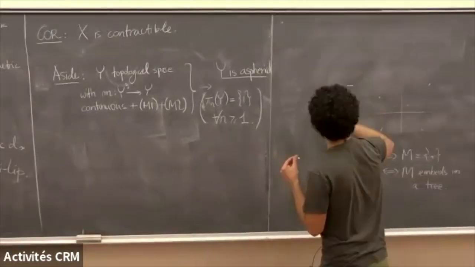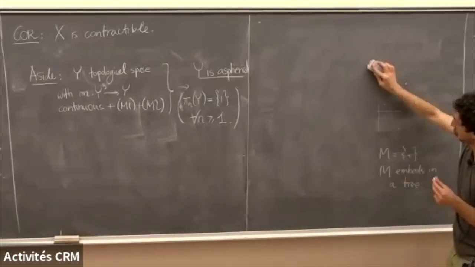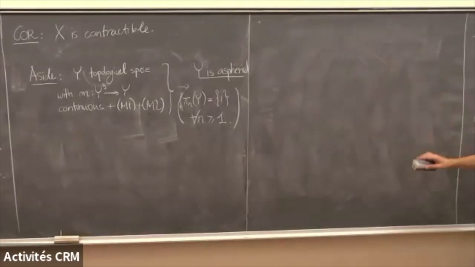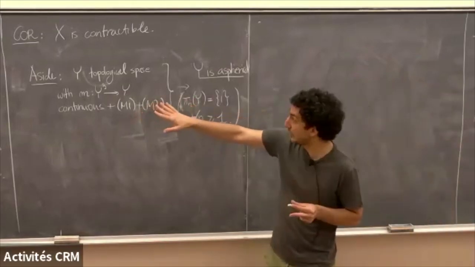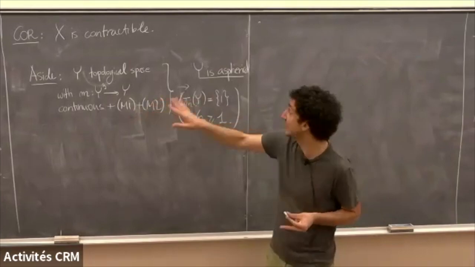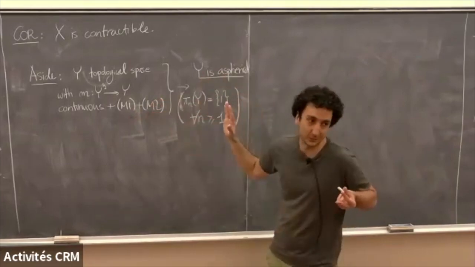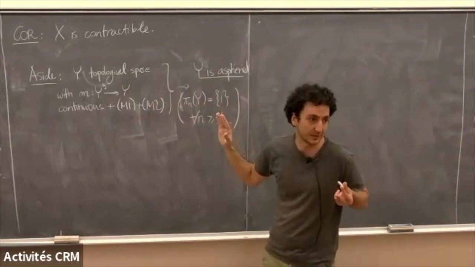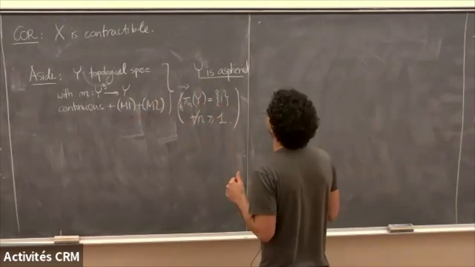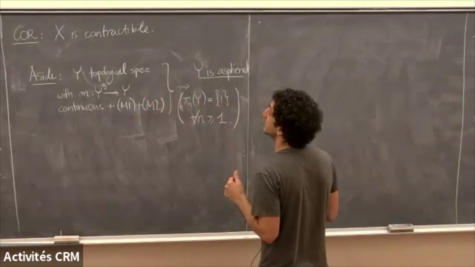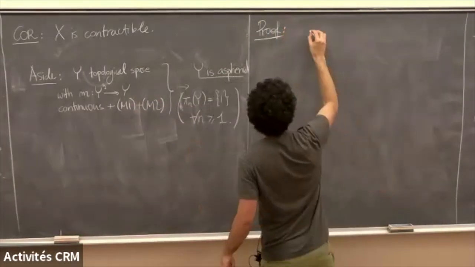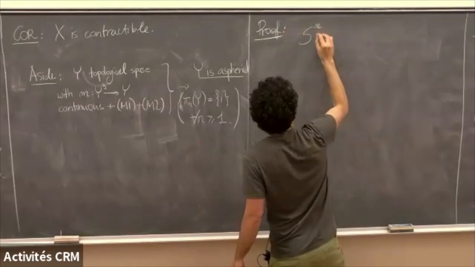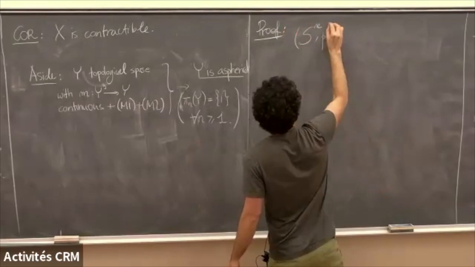I think people are confused because usually a connected space with all vanishing homotopy groups, if Y is connected and has the homotopy type of a cell complex, then this is implying contractibility. But my spaces won't in general have the homotopy type of a cell complex. Okay, proof. So say that you have a map